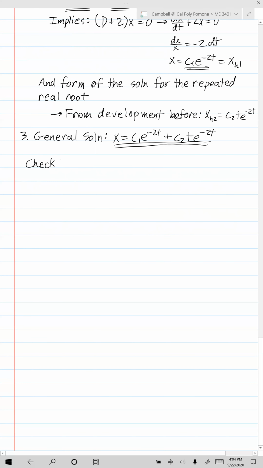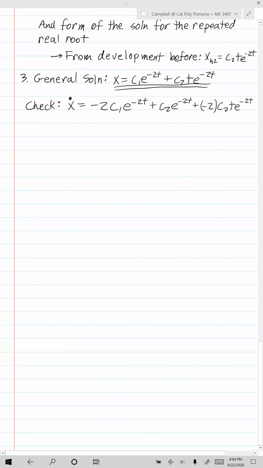And again, I won't go too long on this because I think you're already familiar with it. x dot, of course, is just going to be equal to, the first term's really easy. Second term, we have to use the product rule, of course. C2 e to the negative 2t plus negative 2, I'll put that in parentheses, C2 t e to the negative 2t. There we go. And then if I take the derivative one more time,